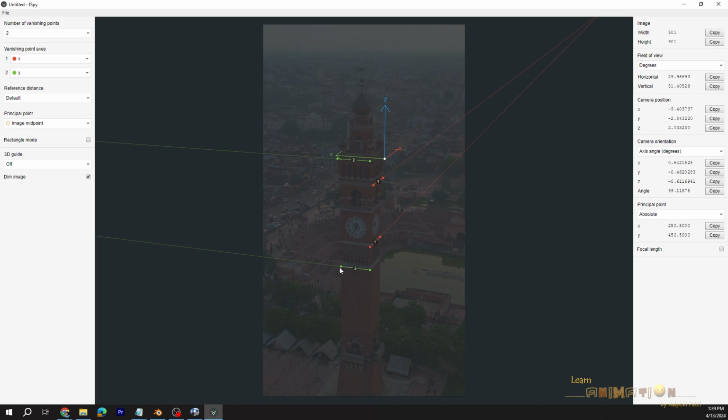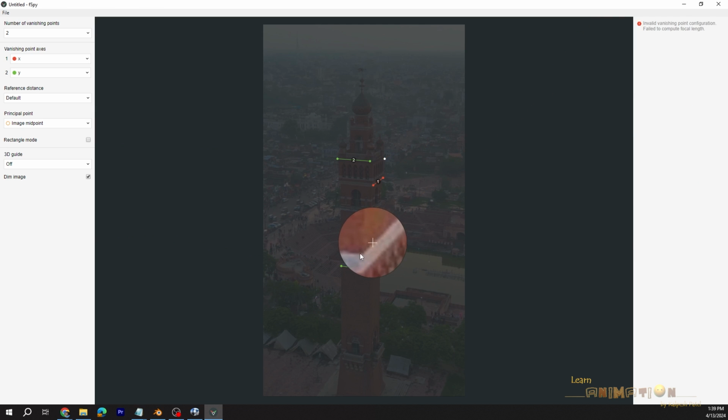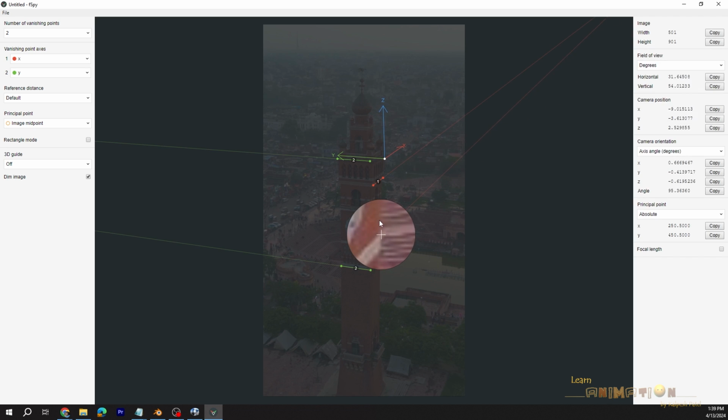To match perfectly, you can select any point of this line and press Shift for the zoom. Then you can match exactly to any line of the image, the perspective line. For this red one I am just matching this corner and this corner. Okay, the same for here also.